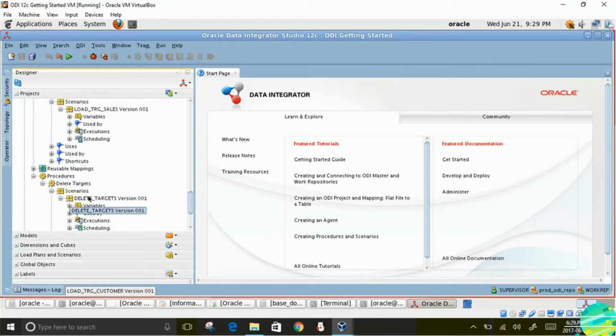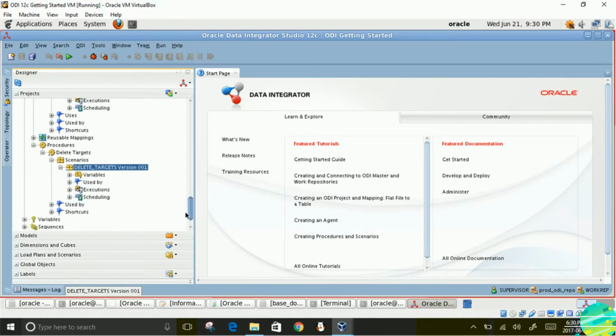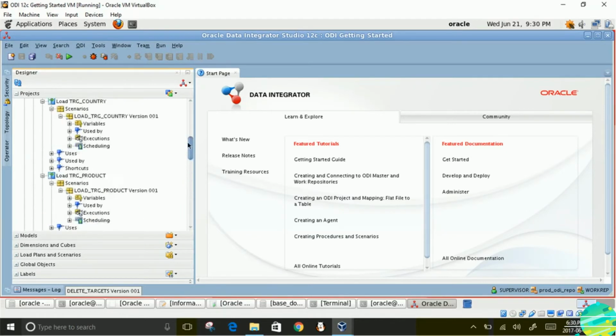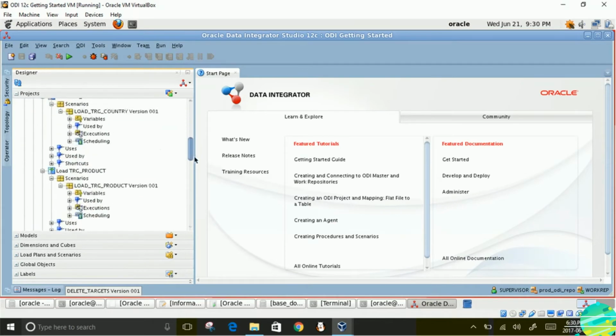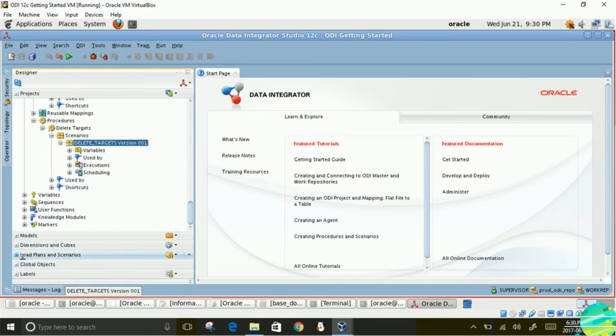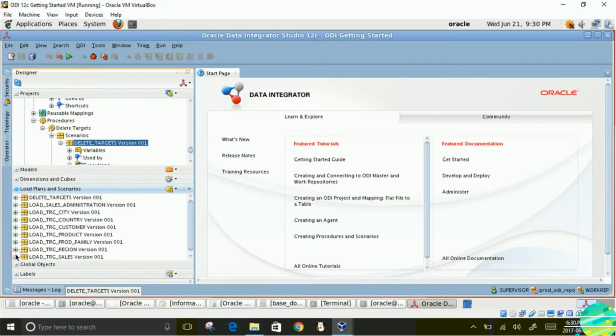And procedure, yes, it has scenario. This is one way of ensuring that all your components has scenario generated for it. Other way is you can directly go to this section, load plan and scenario, and all your scenarios are there.